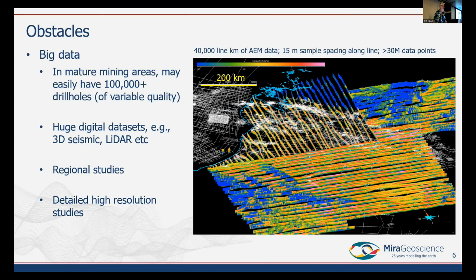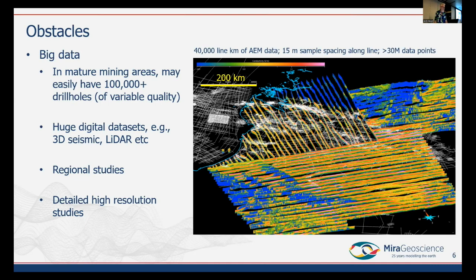It's very difficult to handle in a real-time scenario. We have other huge digital data sets like LiDAR and 3D seismic, which can be very, very large. You can be looking at a very large area like regional studies, or in very high detail at a local area, and you've still got massive data sets.